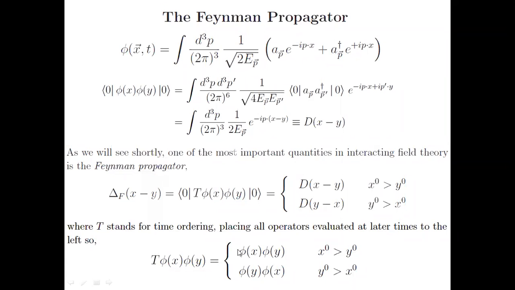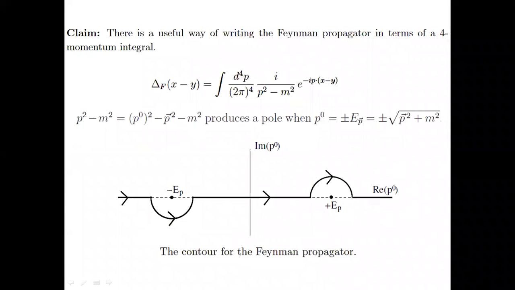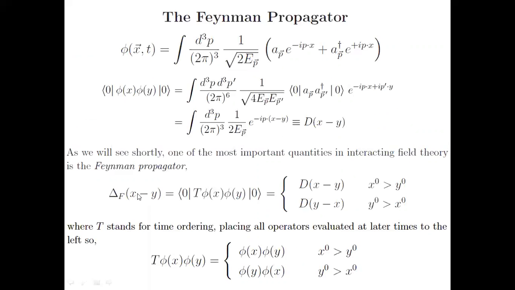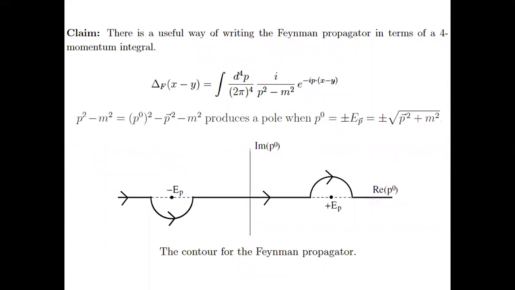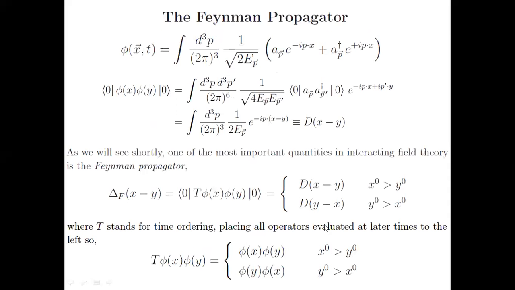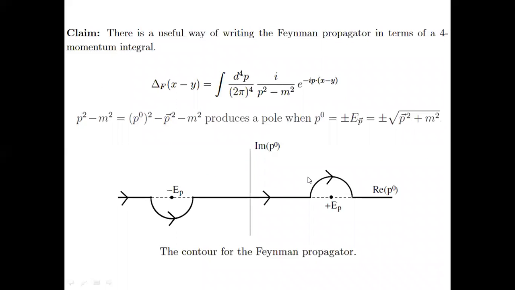Next. So I define the Feynman propagator like this. Now I want to find an expression for the Feynman propagator. So how do I do that? I claim that if I represent the Feynman propagator in this fashion, I will get back these values. So to prove my claim, I simply do a contour integral.